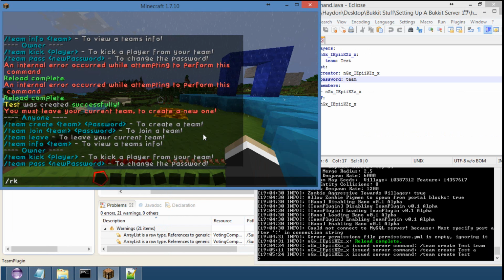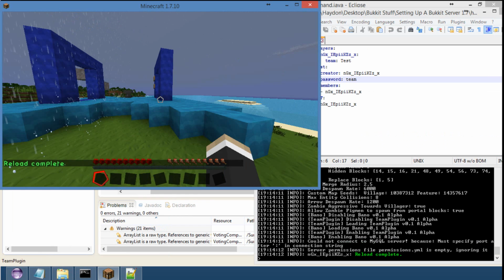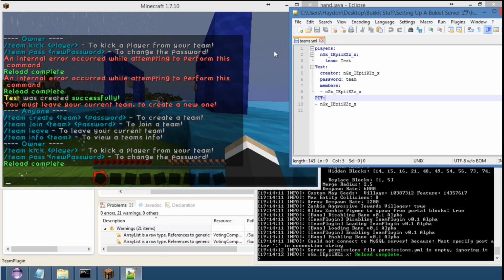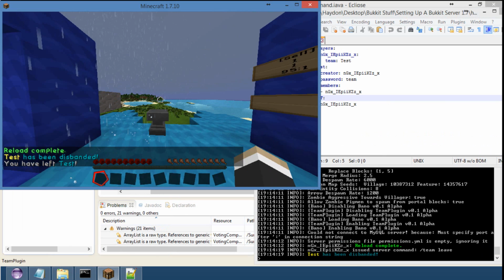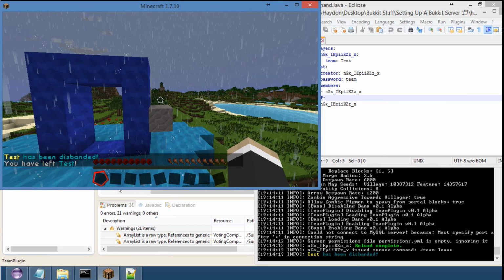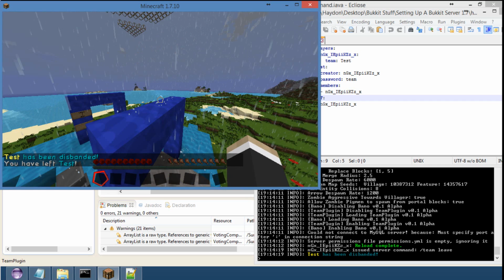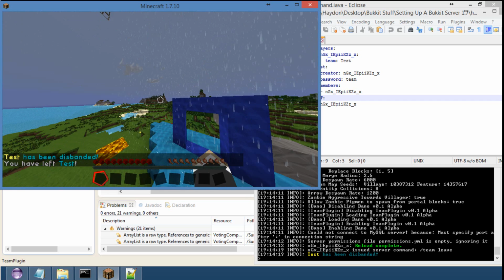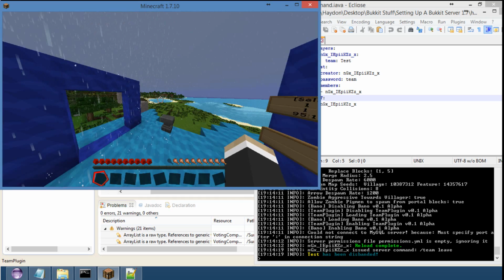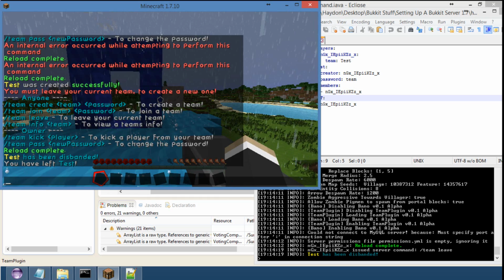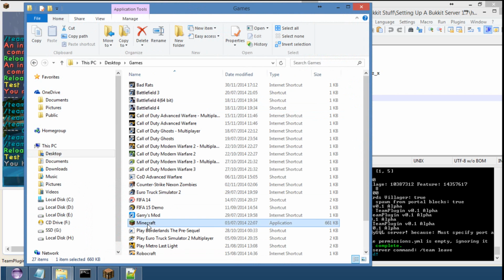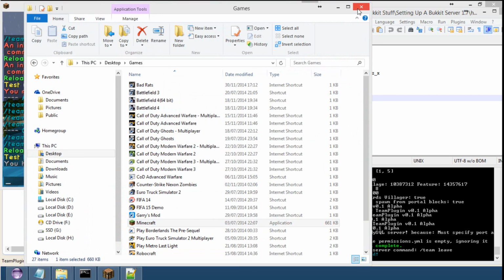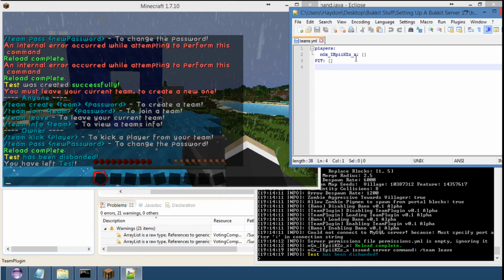Over here, just /reload. Should be fine. And then if we go ahead and do /team leave, "you have, you has been disbanded." Oh yeah, test has been disbanded, not you. And then "You have left test!" Now if I went ahead and got my other alt on, which I'll do really quickly, and if I actually joined that team, it would tell me. As you can see, I'm not in a team anymore, and the team doesn't exist because it was disbanded,